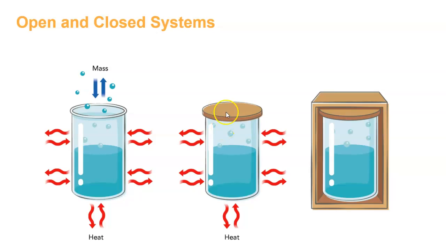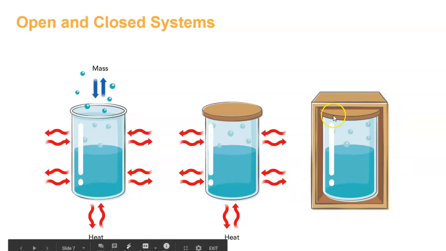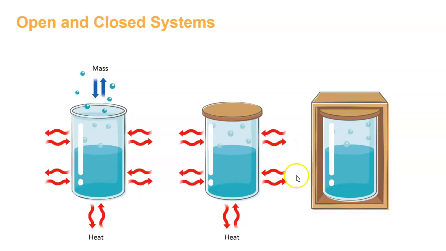That lid is not going to do anything to prevent energy from leaving or coming into the system. However, if you put this glass of cold water in an insulated container,